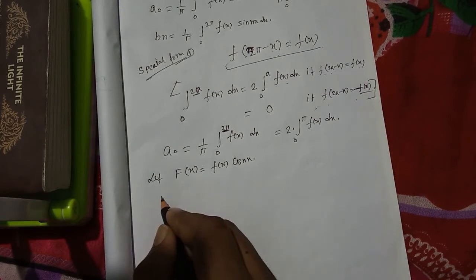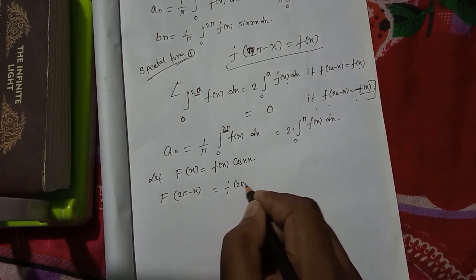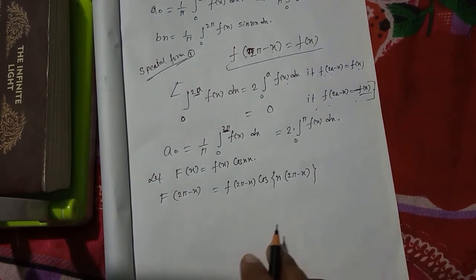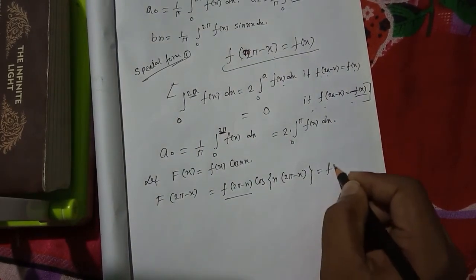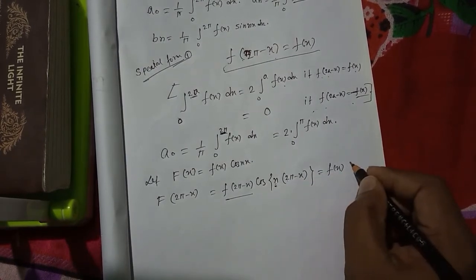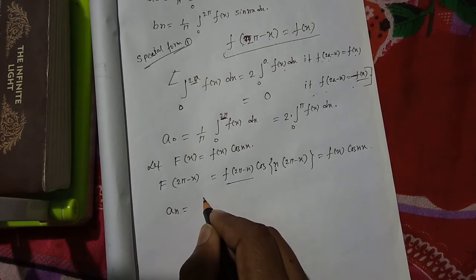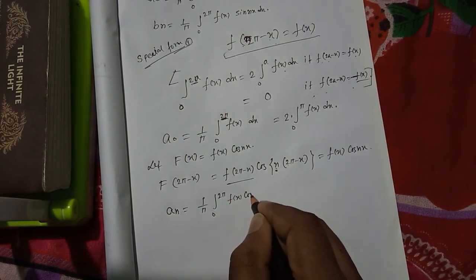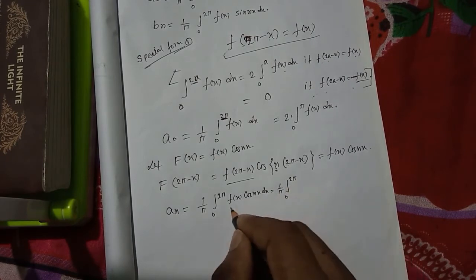Now f(2 pi minus x): if we put x equal to 2 pi minus x, we get f(2 pi minus x) cos(n(2 pi minus x)). As f(2 pi minus x) is equal to f(x), this is equal to f(x), and cos(n(2 pi minus x)) is cos(nx). Therefore an is equal to 1 by pi integration from 0 to 2 pi of f(x) cos(nx) dx, which is equal to 1 by pi integration from 0 to 2 pi of